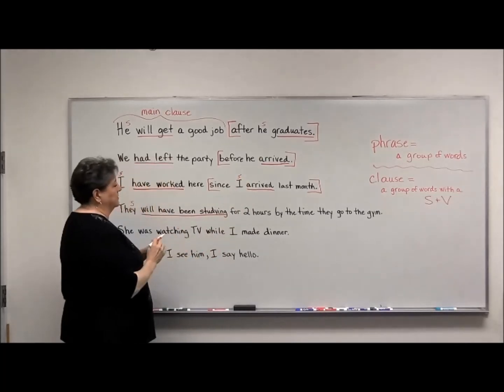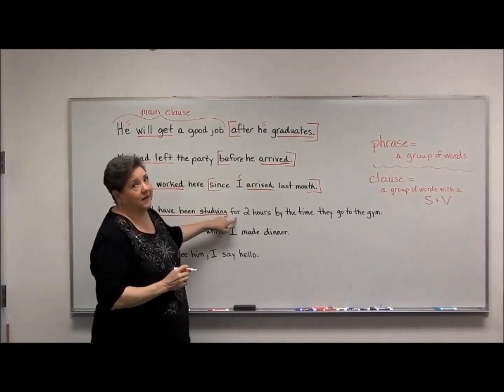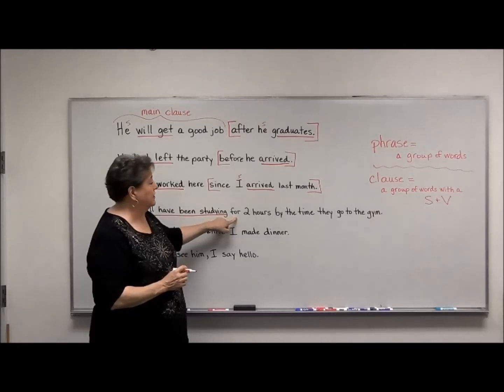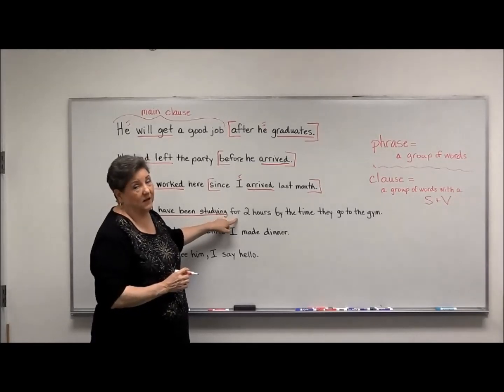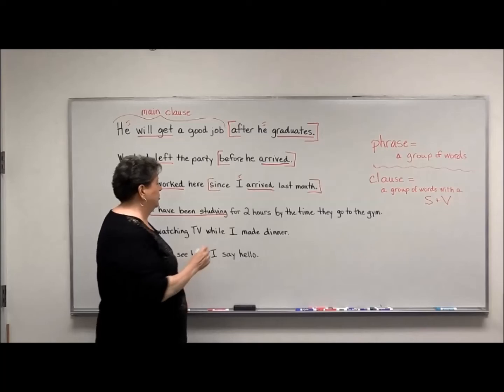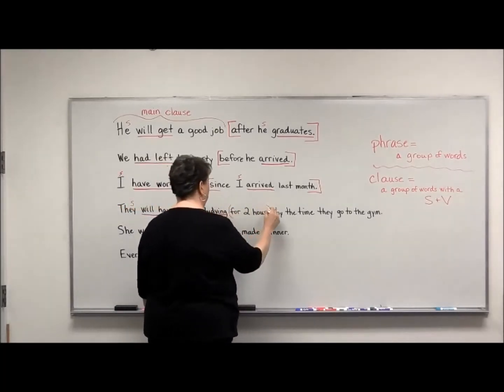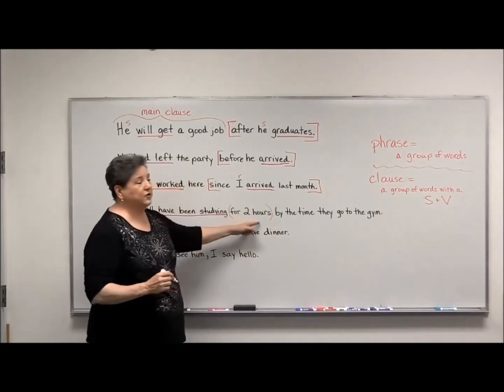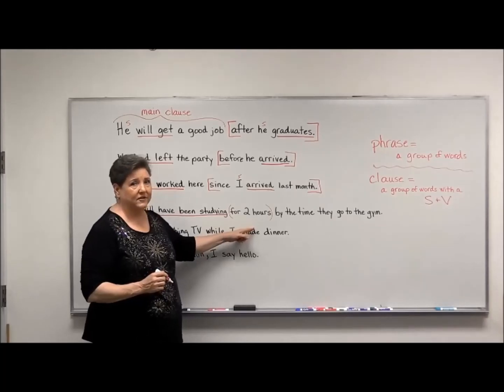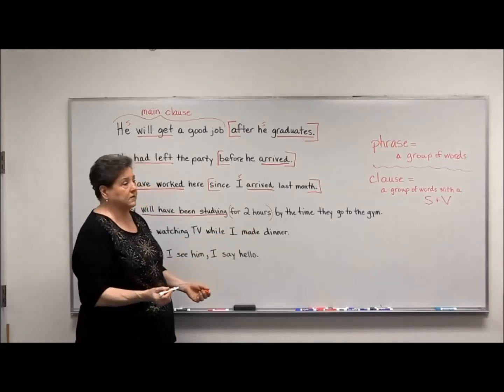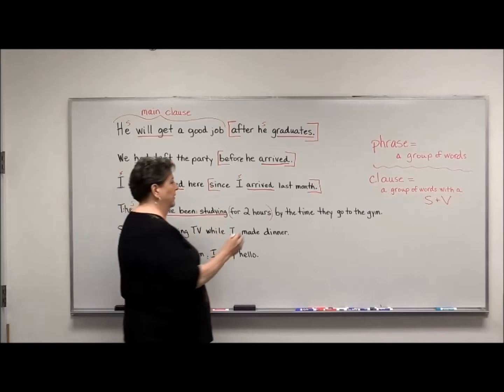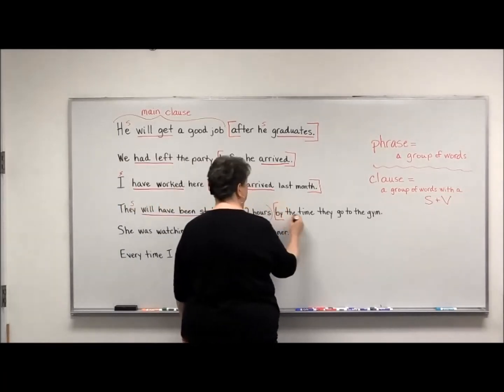Where's the time clause? No, that's not a time word that starts a clause. That's a phrase. That's a time phrase. It's not a clause. Do you know how we know it's not a clause? There's no subject and verb in there. It's just a phrase. Where's the clause? It starts with the time word. By the time